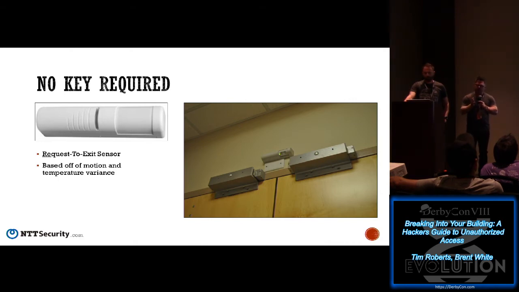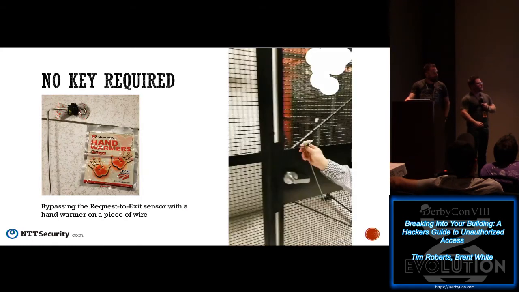So yeah, location. It needs to be further out, and it needs to be angled out in a way where it's only going to pick up motion and temperature from people actually heading to the door, instead of being close enough to actually spray canned air or something. You may have a temperature sensor that is just for warmth, and you're like, well, this will show your canned air. This is Brent and I in a server room, and they were so proud of these